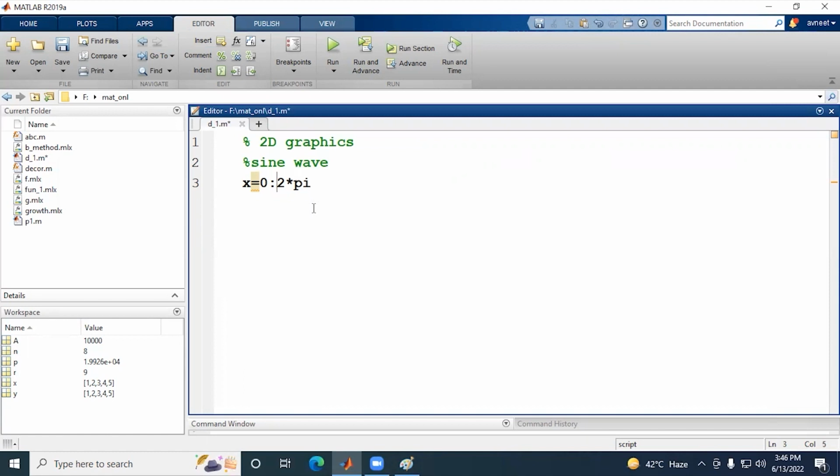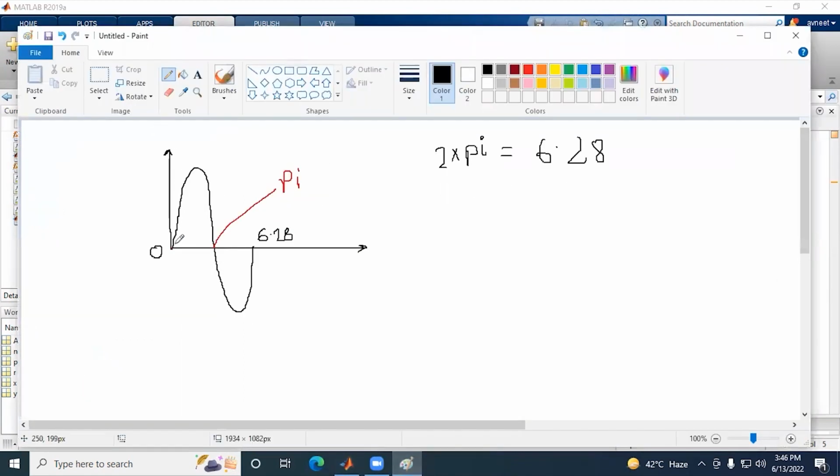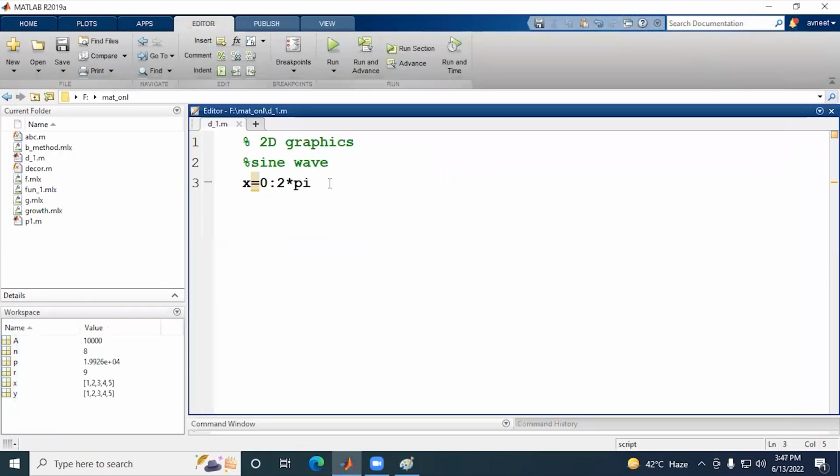But in between, how many points do you want? If we are taking very close points, the sine values will be clear. To get a clear sine shape, I need to give a good number of points to create the graph. One thing I want to mention here is that the plot function is used to connect points. When you give the marker, the last